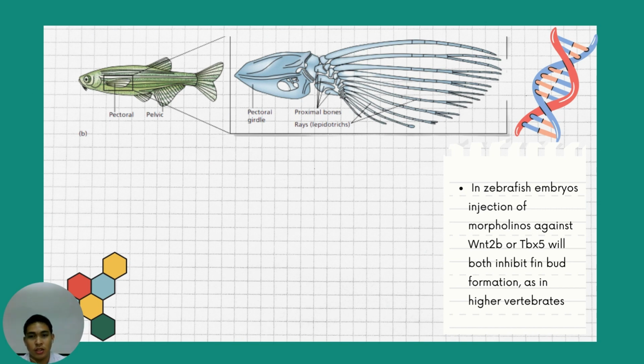So with this, I have an illustration about the zebrafish pectoral skeleton. The study of development of the paired fins of zebrafish has provided further evidence for common developmental mechanisms underlying their different anatomy. The injection of morpholinos against WNT2B or TBX5 will both inhibit fin bud formation